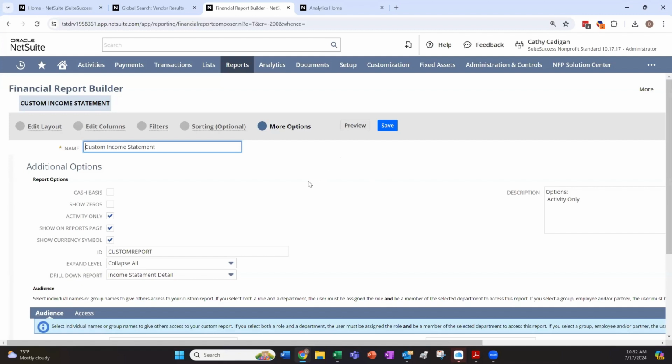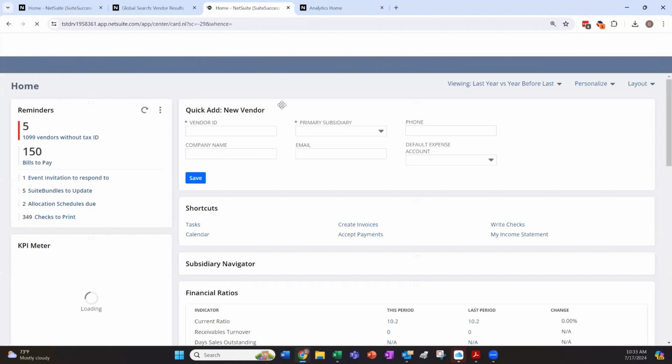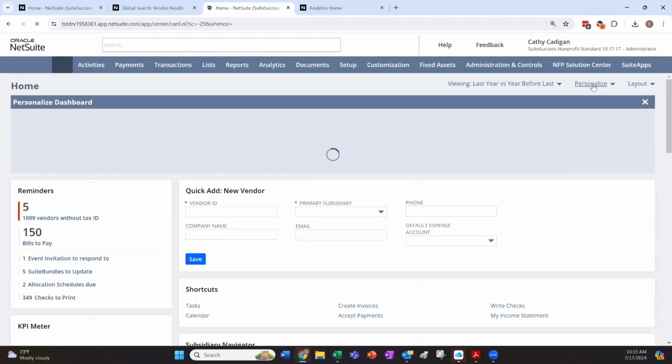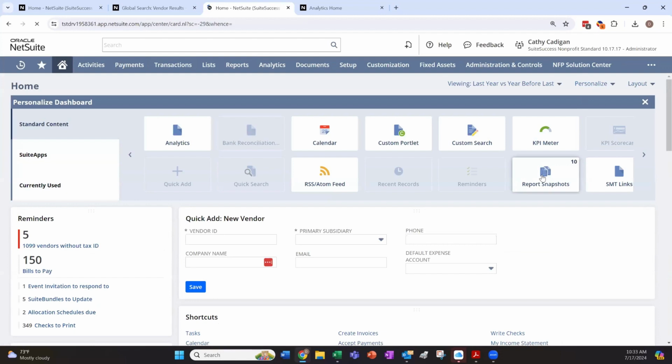No, you have to start at a snapshot report and then alter it. You can't say turn this into a snapshot. So certain reports are available for snapshots. And if you want to create a snapshot, generally you start with one of those and then you change it to be what you want, because it has to have certain filters, I think. Let me go to the dashboard. And this is, if I say I want to add a snapshot, I haven't really done this very much, but